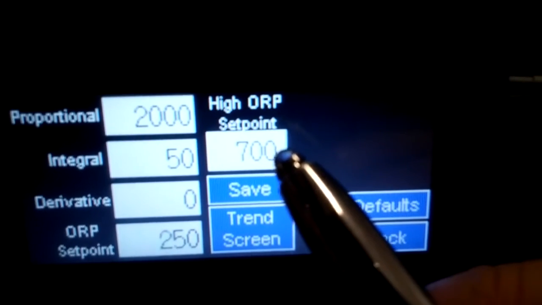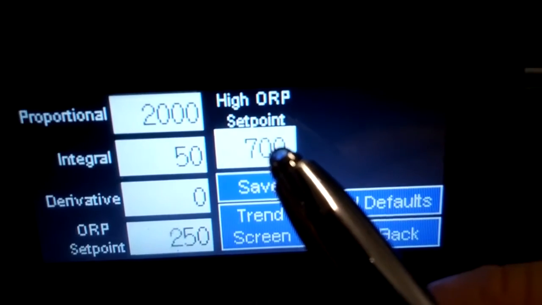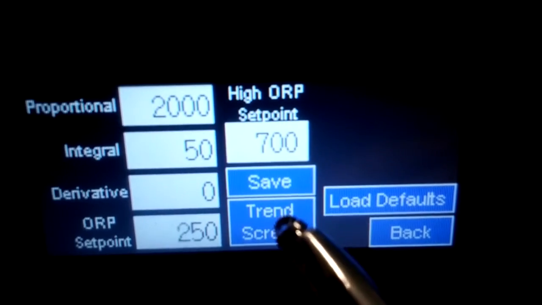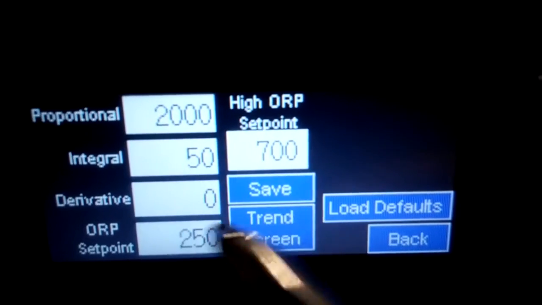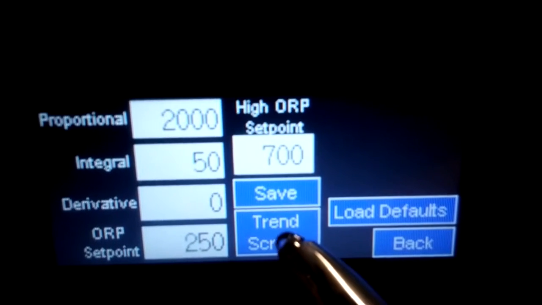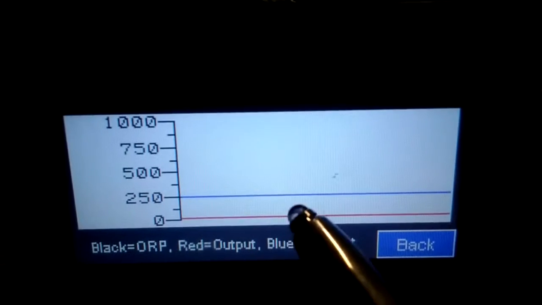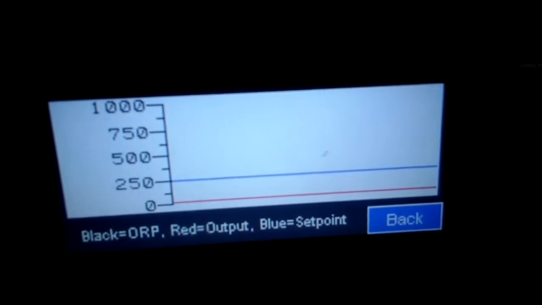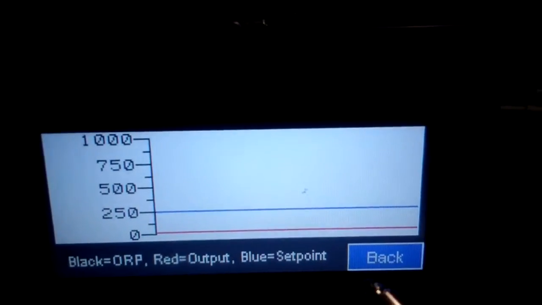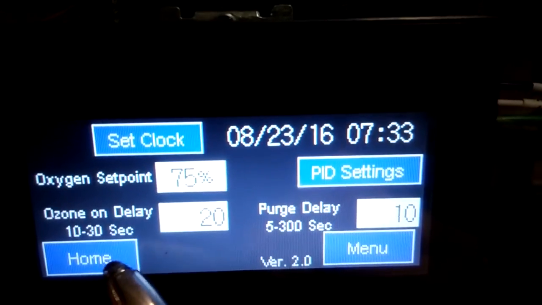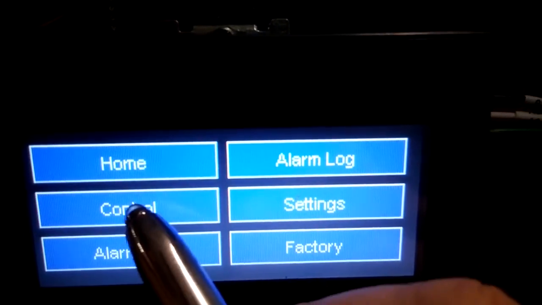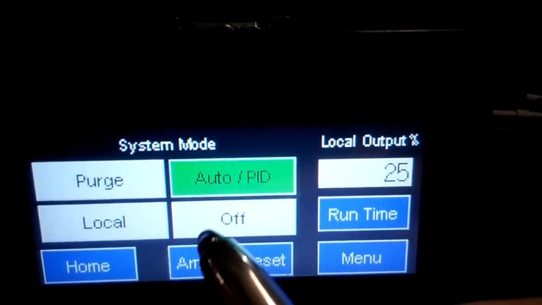High ORP set point, the system will go into a soft shutdown and stop ozone production if that number is exceeded. When you are tuning the PID loops, there's a trend screen that is handy for that, which will allow you to ramp the system up and down based on PID and watch the response. I'll go ahead and start this control and we can simulate that